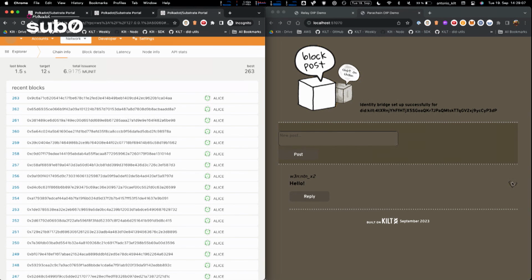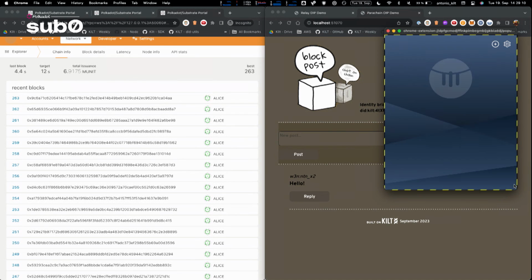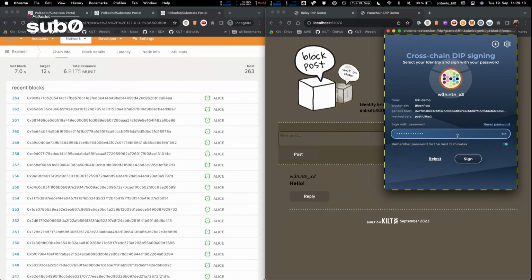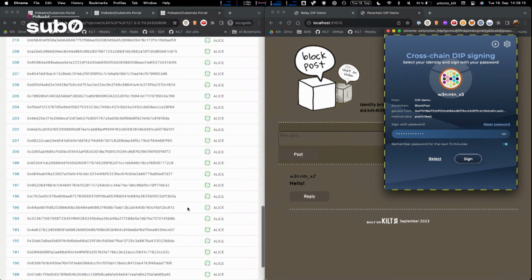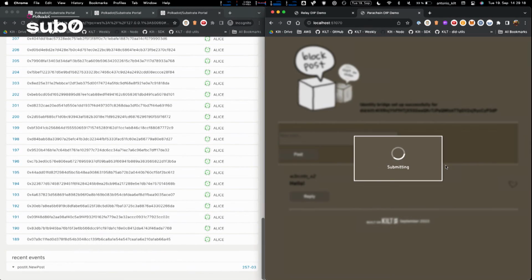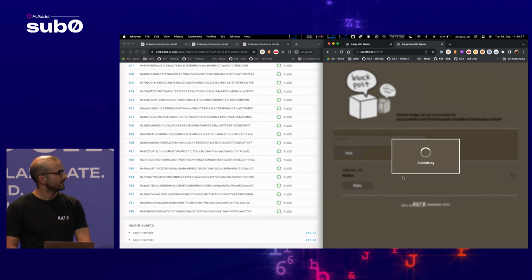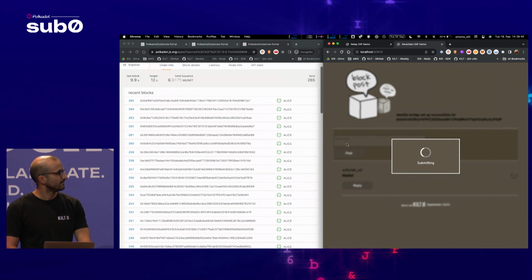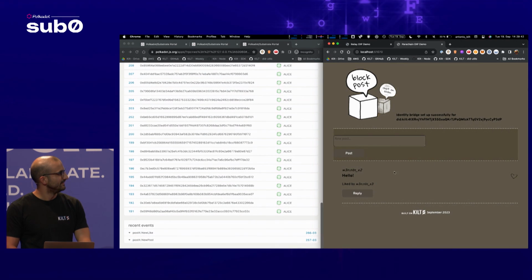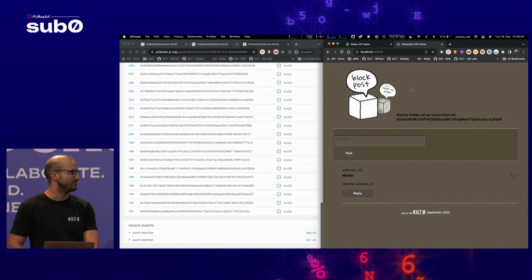Yes, and now with my second identity, I can, for instance, like the post that I've done myself, like this. And what the wallet does in the background is basically composing this proof so that this parachain runtime can verify my identity information. I'm revealing only parts of my DID document, the parts that are relevant for this operation to be authorized. Yes, so the new like is there, and now we will show here. In 1 second. Yes, so I liked it.